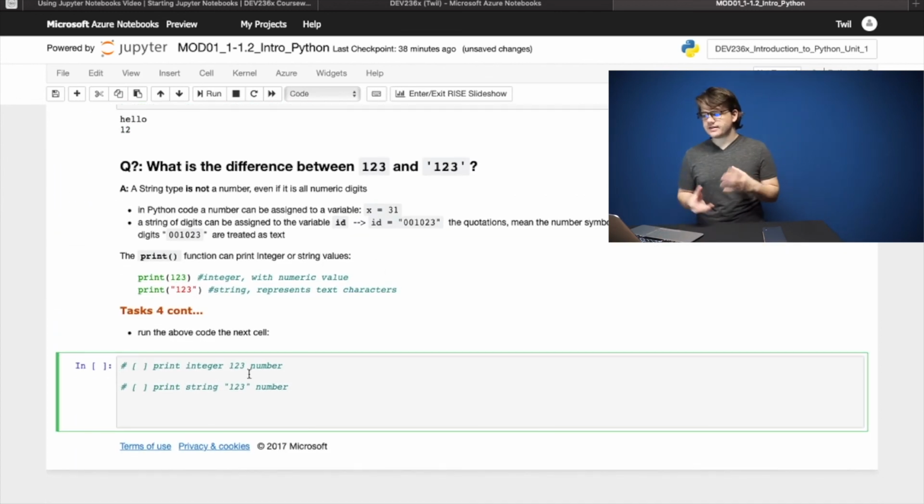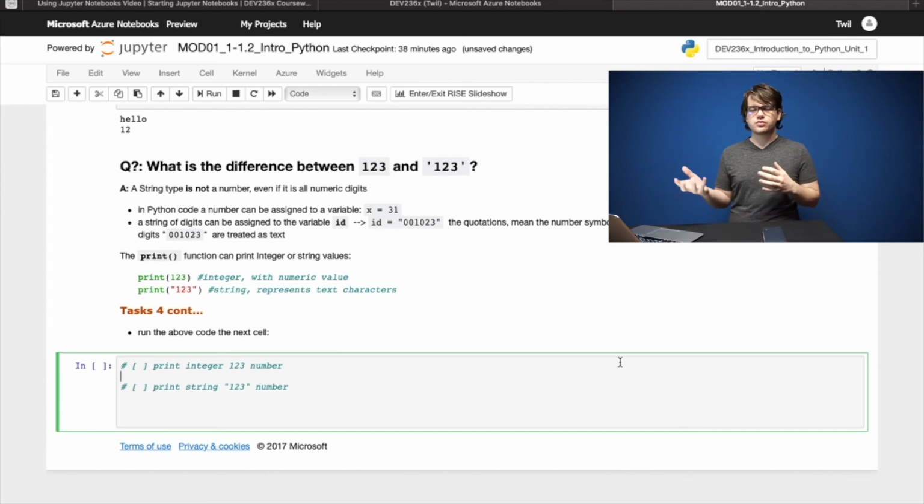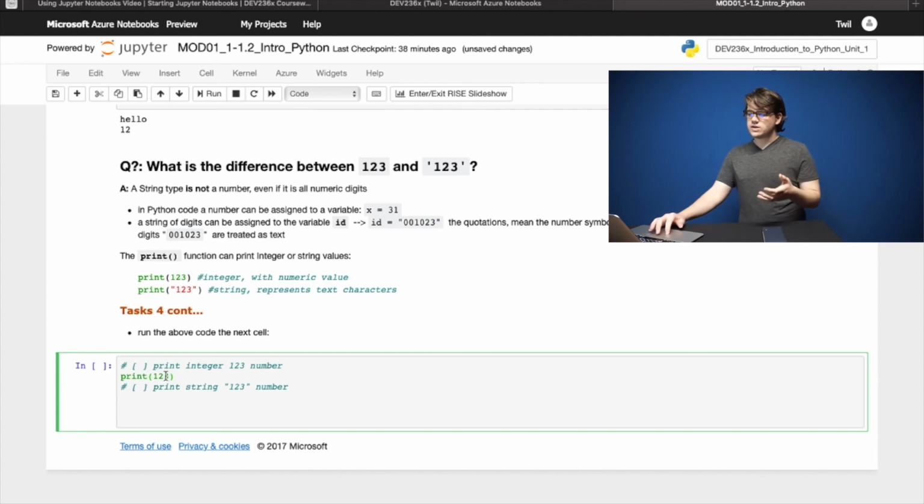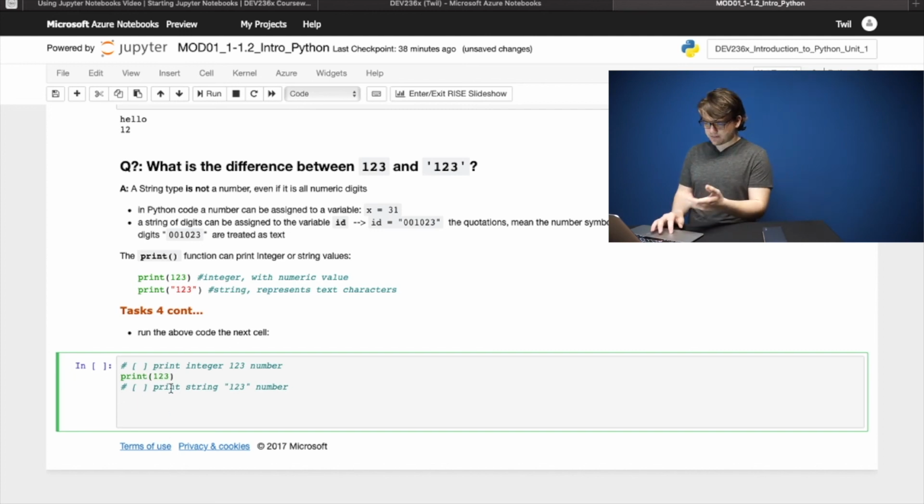They say like the differences between the quotes and without quotes. So if you write with quotes, then it's a string actually, and if you write without quotes, that's when it's an integer. So print integer 123, print. Here I am just writing 123. You can also see when it's an integer, it changes color. It's greenish.